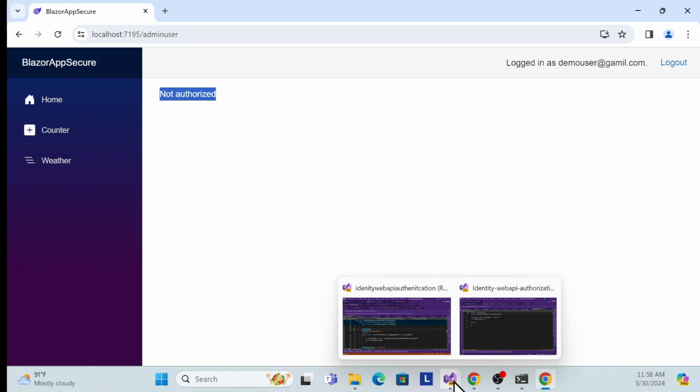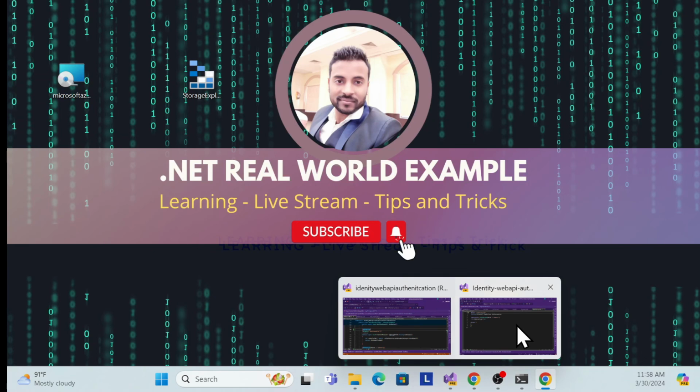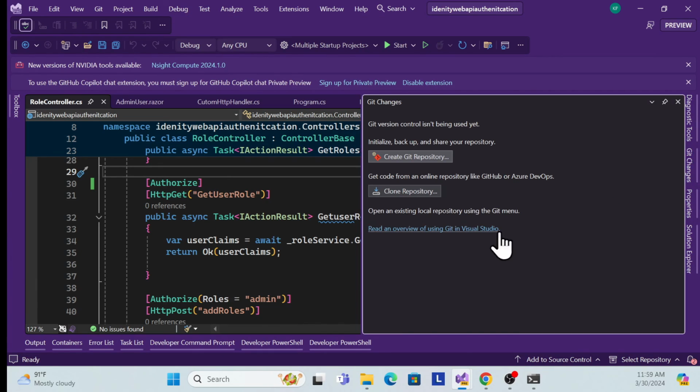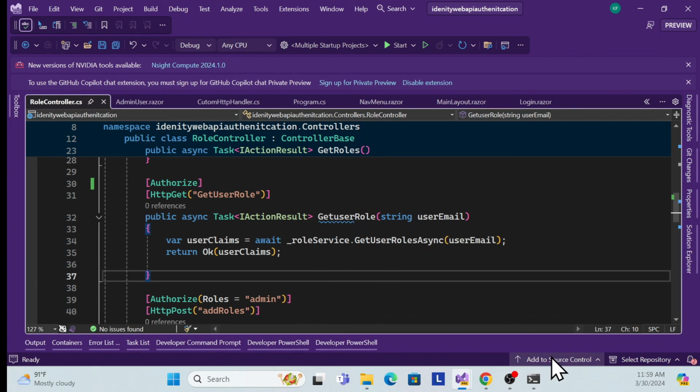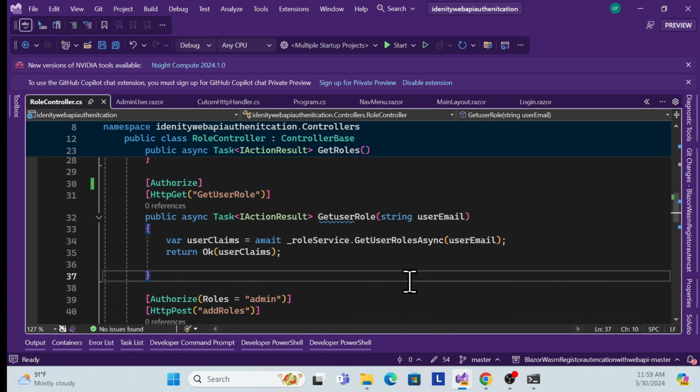And one more thing, we have to push our source code so that you can get it from our GitHub link, right? So let me push this. Let me stop first whatever the changes. See, these are all the new changes. So let me create a new repository for that. So this is the repository. You can get it from my GitHub link, which is karthik.786, and create push. You can get this guy, right? So this is done,